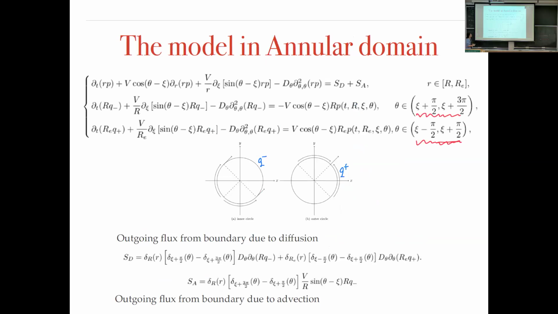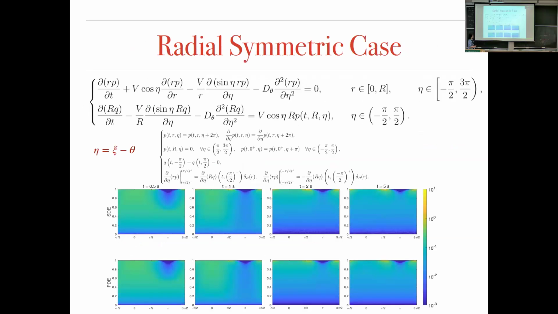We can even consider the annulus. For the cells that move inside the annulus, there will be an obstacle in the middle. Then we can write down the boundary conditions for these two boundaries and consider the population level